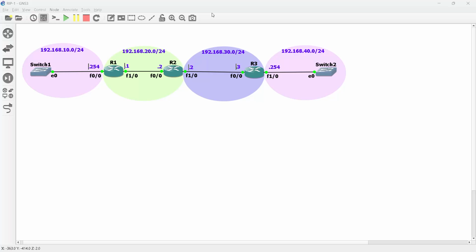In this lecture, we will see the implementation of our routing information protocol. This is our topology. As you can see, we have this network 192.168.10.0. Then we have this topology. Then we have this network